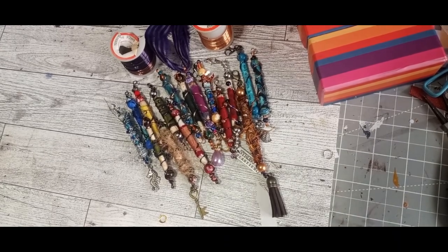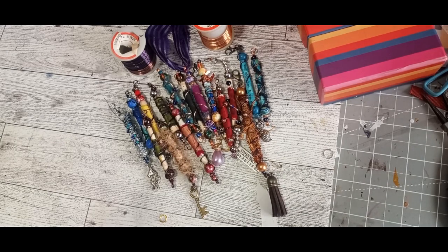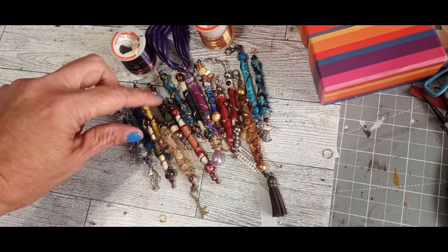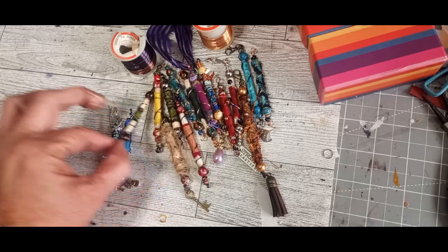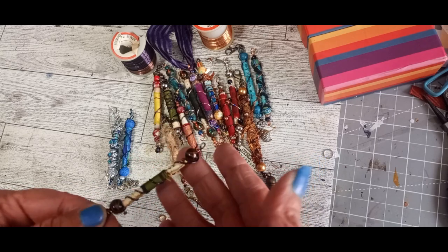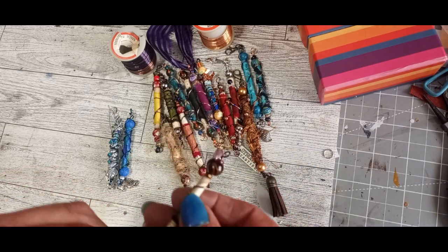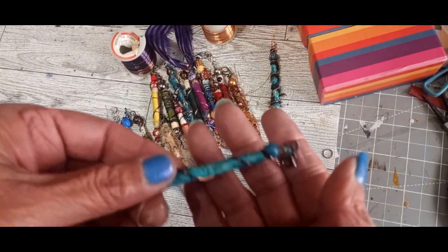I am on a mission to use up book page. So I'm starting a little series to do just that. These are all made from book page. Some of them you can see the book page a little better than in others. And this one I kind of used the edge so that you can't see a lot of words. This one you can see the words